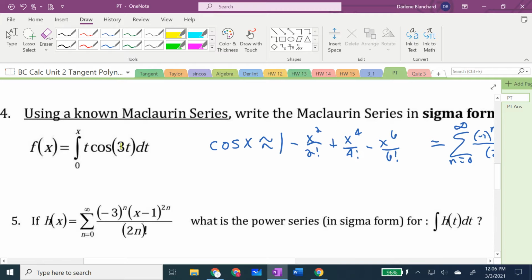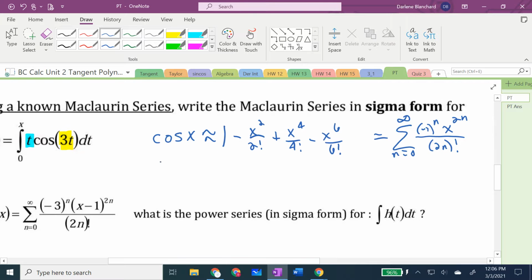And you're going to first substitute 3t in. After you substitute, then you're going to multiply by t. So substituting in 3t,